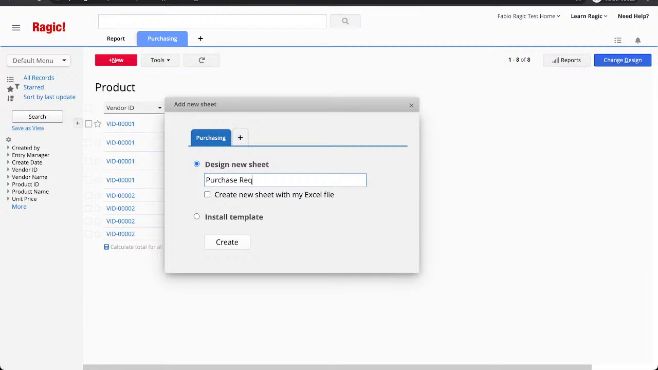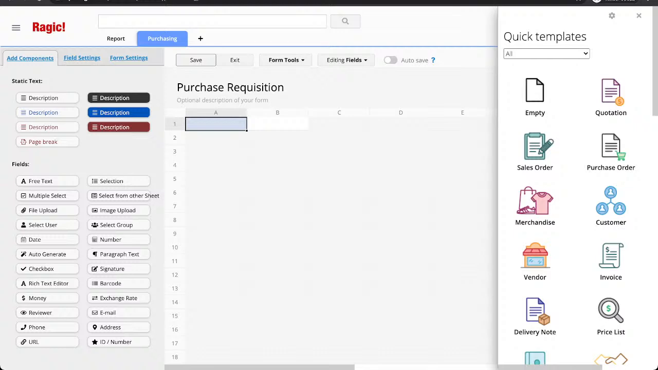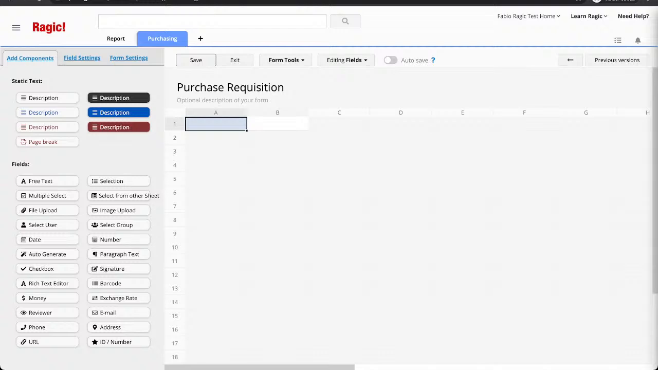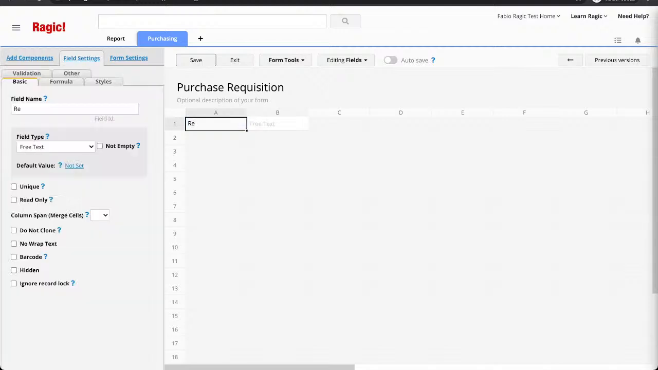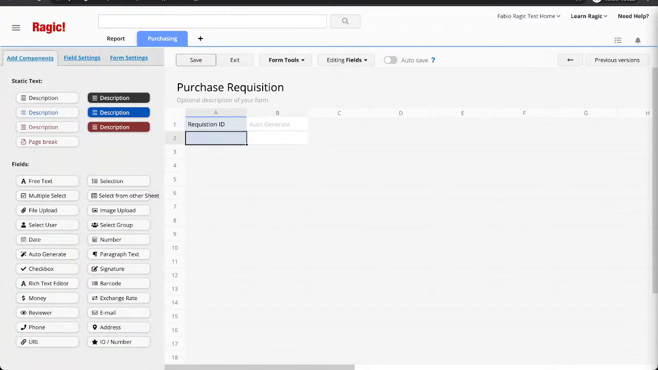Purchase requisition, create. Yes, oops, again, new sheet from scratch. Let's create the fields needed. I'm going to add requisition ID and auto-generated PRID, a random format, and